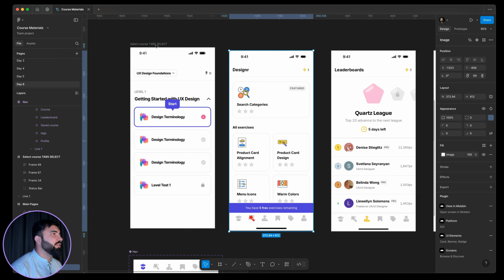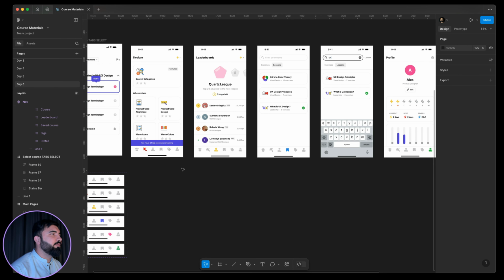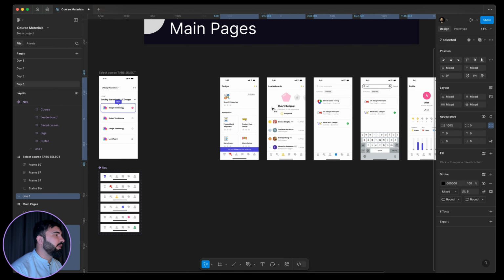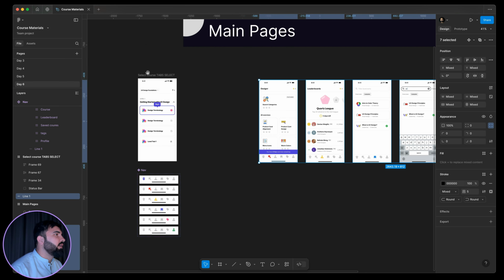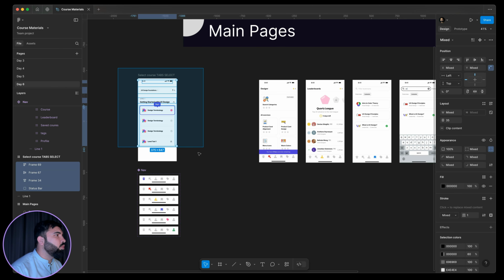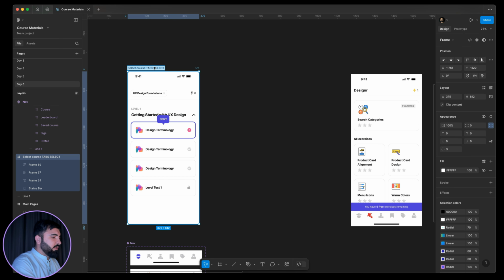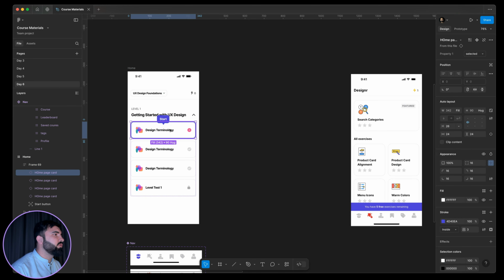So the home page is created. Now let's go to the designer page. Okay, I will make it to the left, to the right. All right, and now one other thing that we can do here in the home page, I'll make it a home page for now. Home, okay,